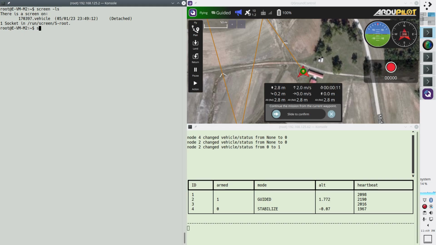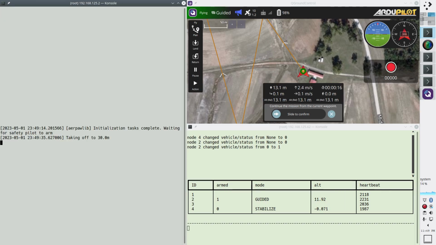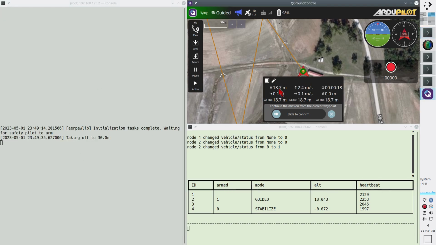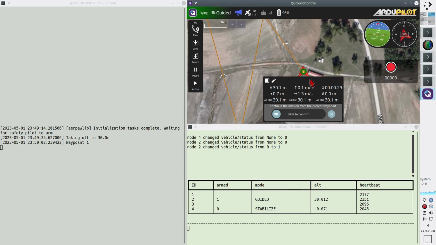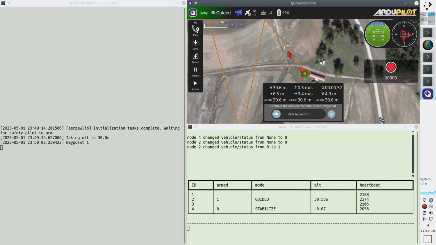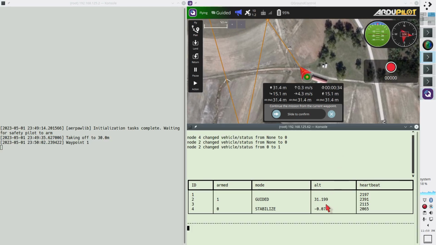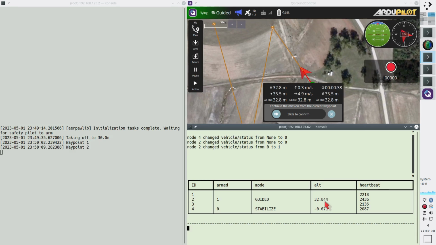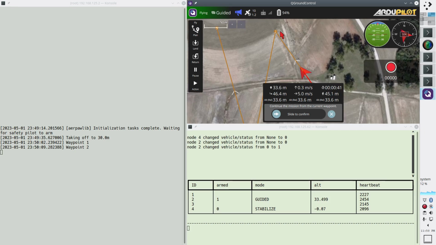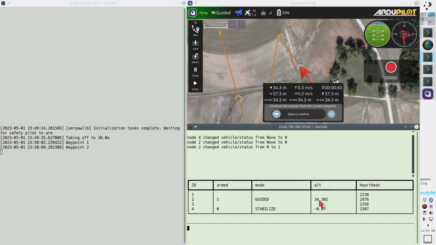So, screen -r vehicle, the vehicle screen, right? It's taking off to 30 meters. It's increasing the altitude right here and here. It's getting close, slowing down, hitting 30 meters pretty exactly, and now it's on its merry way to that waypoint. And as you can see, it slowly increases the altitude, so it goes diagonally up. By the time it hits waypoint 2, it's gonna hit about 40 meters,